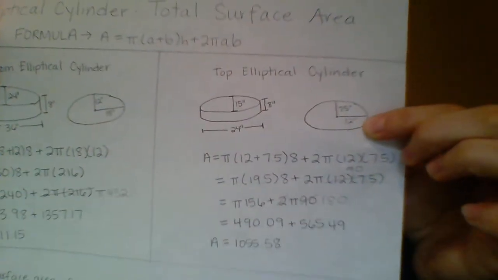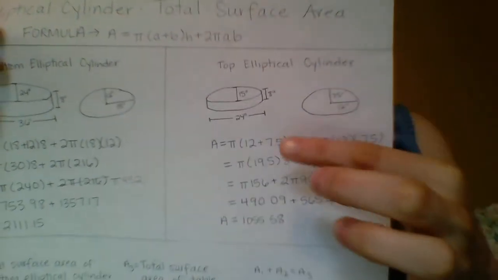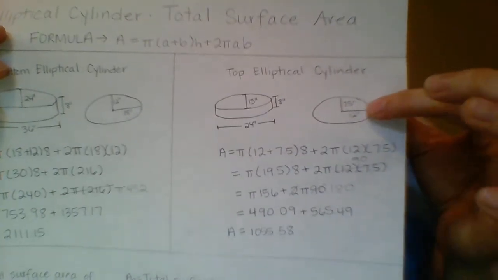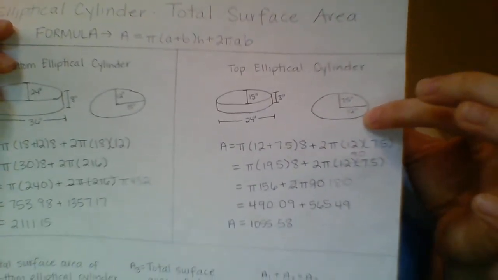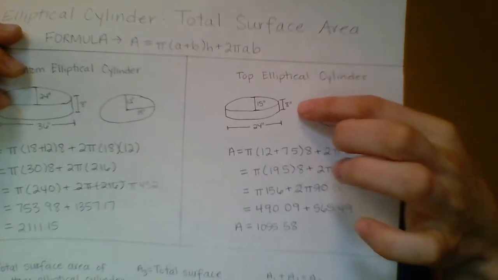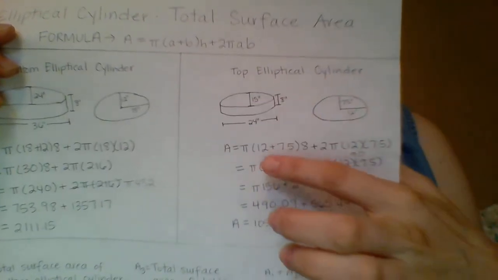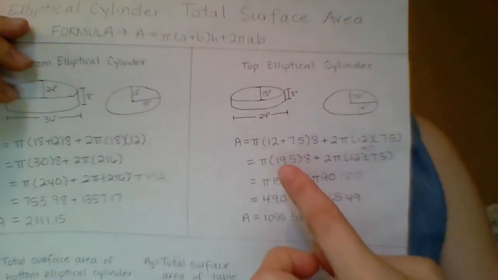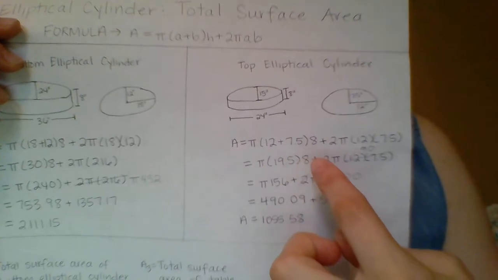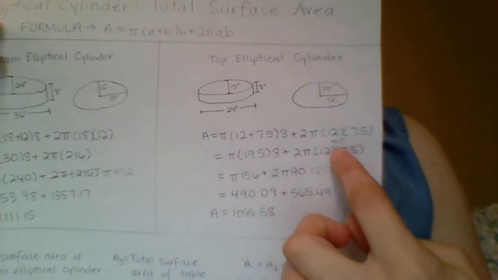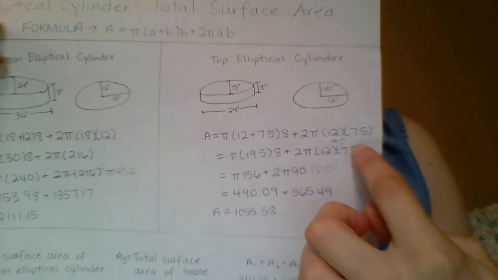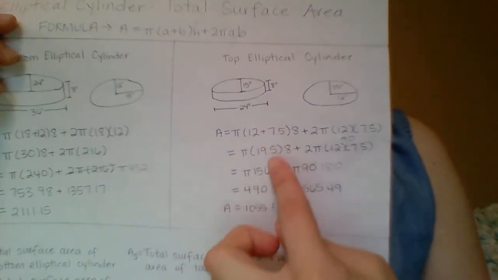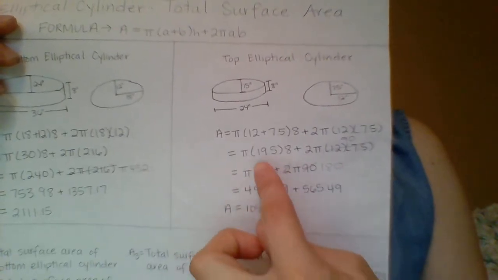As I mentioned before, I had to find my A and my B, so I have the radius of 24 inches, which is 12 inches, and the radius of 15 inches, which is 7.5 inches over here. So I have my A, I have my B, and I have my H, which is my height. So I went ahead and plugged those figures into the formula, which is given up here, giving me pi times (12 plus 7.5) times 8 plus 2 times pi times 12 times 7.5. Here, I went ahead and added 12 plus 7.5, got a total of 19.5, so I have pi times 19.5